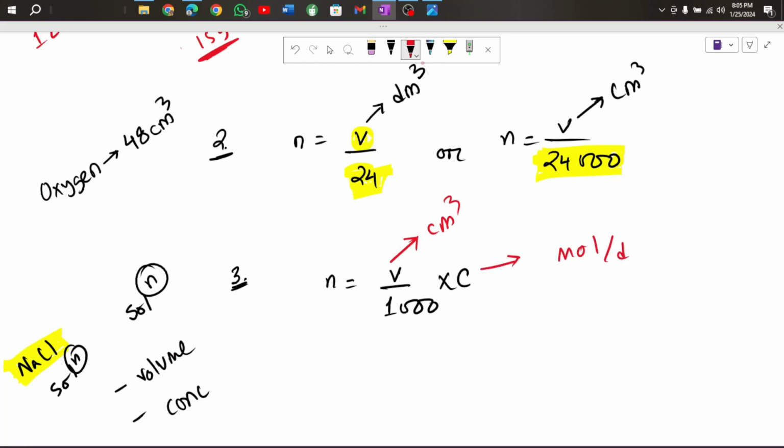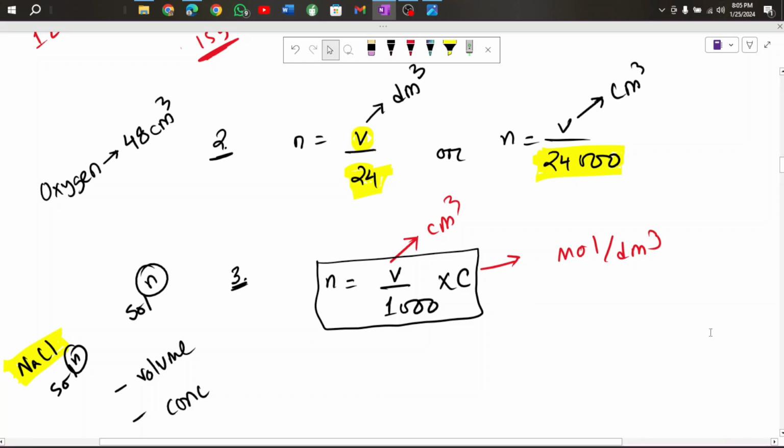And যদি তোমার ভলিউমটা যদি ডিএম কিউবে দেওয়া থাকে, if volume is given in dm cube, এই 1000-টার প্রয়োজন থাকবে না ফর্মুলাতে। ওকে, সো দ্যাট ইজ অল ইউ উড নিড টু নো অ্যাবাউট মোলস। আর কিছু ক্যালকুলেশন করলে আই হোপ দিস টপিক উইল বি লেস ফিয়ারসাম।